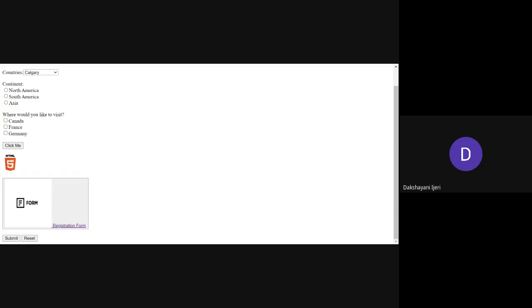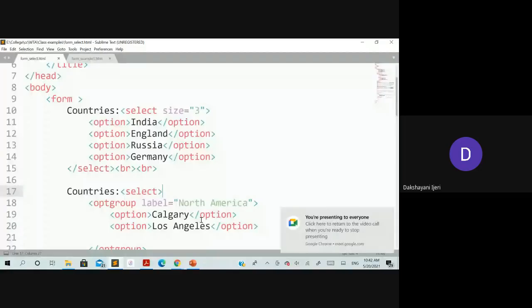So you can see the rest of the things whatever I have discussed in the slides. The same elements I have used here. Right, so you can see within the form the countries label, which you have seen in the output, by default it is going to show you the... Okay, so the program is visible to you.